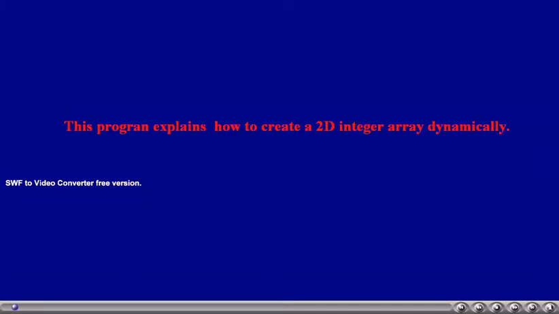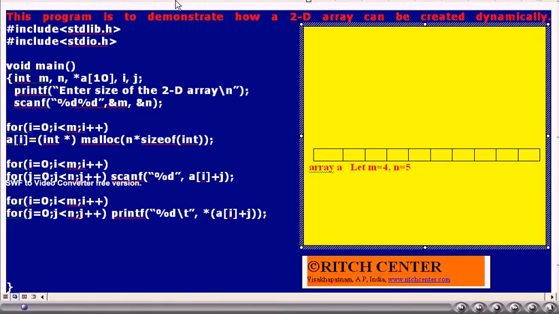This program explains how one can create a 2D integer array dynamically. In this program, as we have mentioned, we wanted to explain how a 2D integer array can be created dynamically.